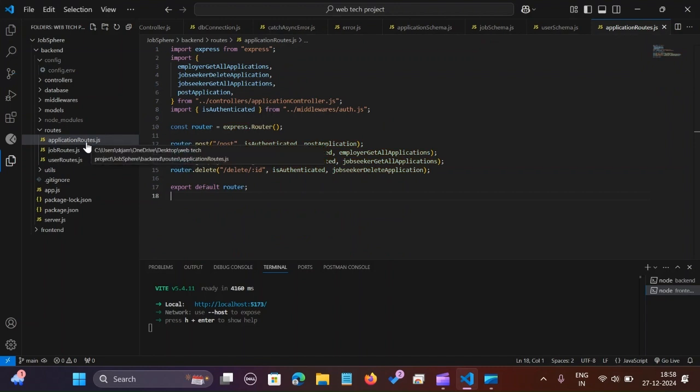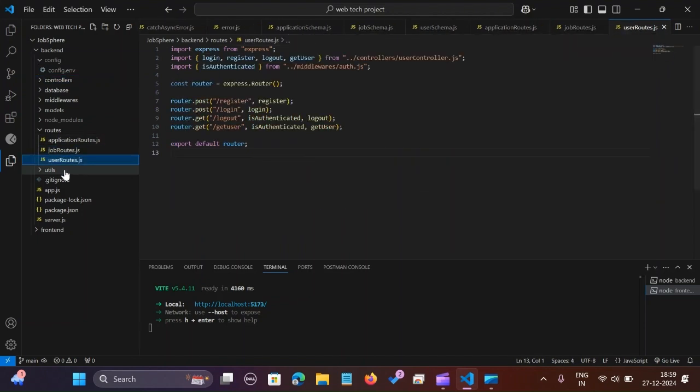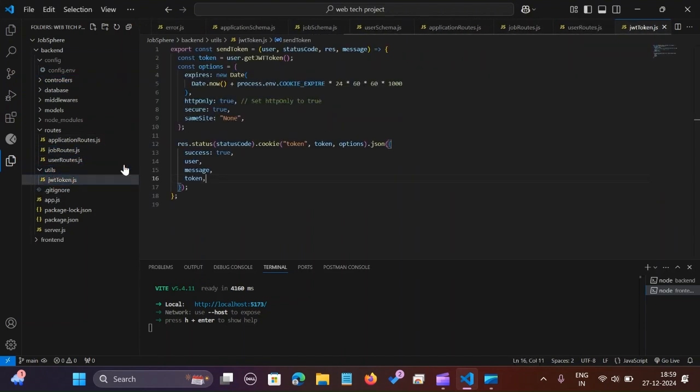It defines API endpoints for your application and maps them to the appropriate controller functions. For example, when a client makes a request to a specific URL, these controller functions are called. Then utils, which just contains all the tokens.